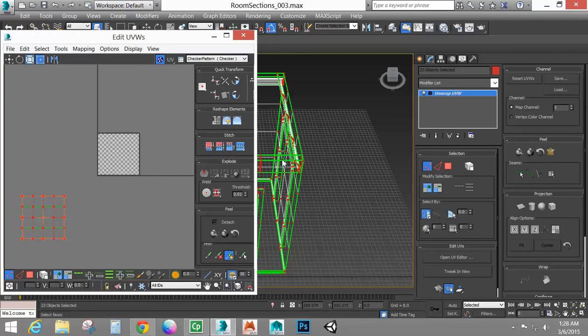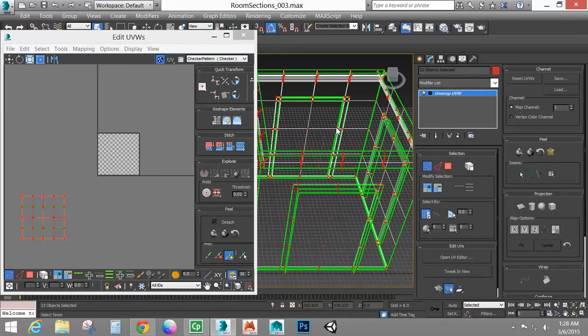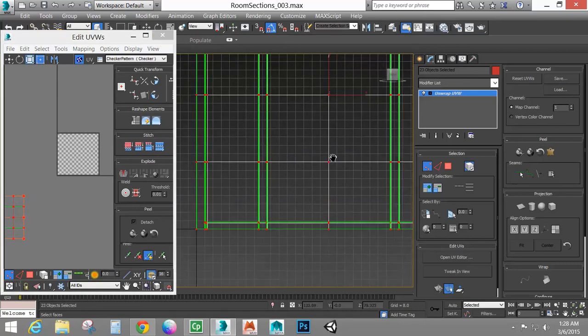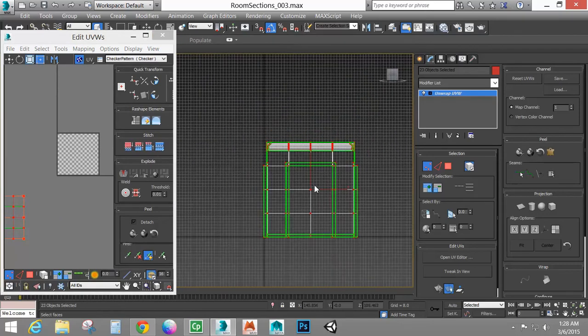The first thing that I want to do is get some of the other sections out of here that I don't need. So I'm going to turn on select by element, and turn off ignore backface. I'm going to go in the front view and push this off to the side. And I'm going to grab basically all the